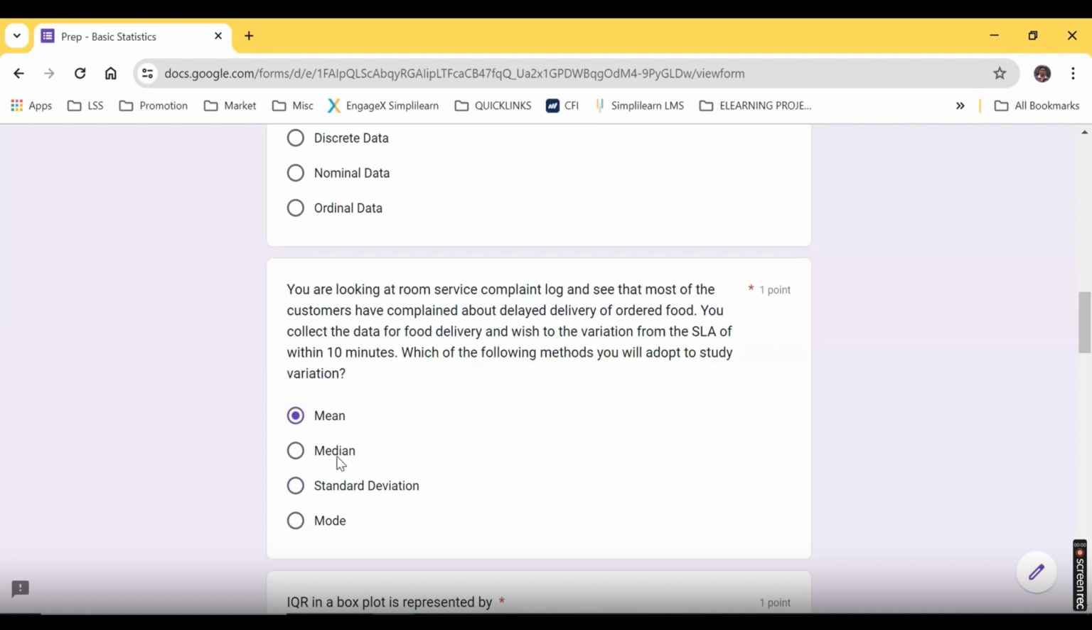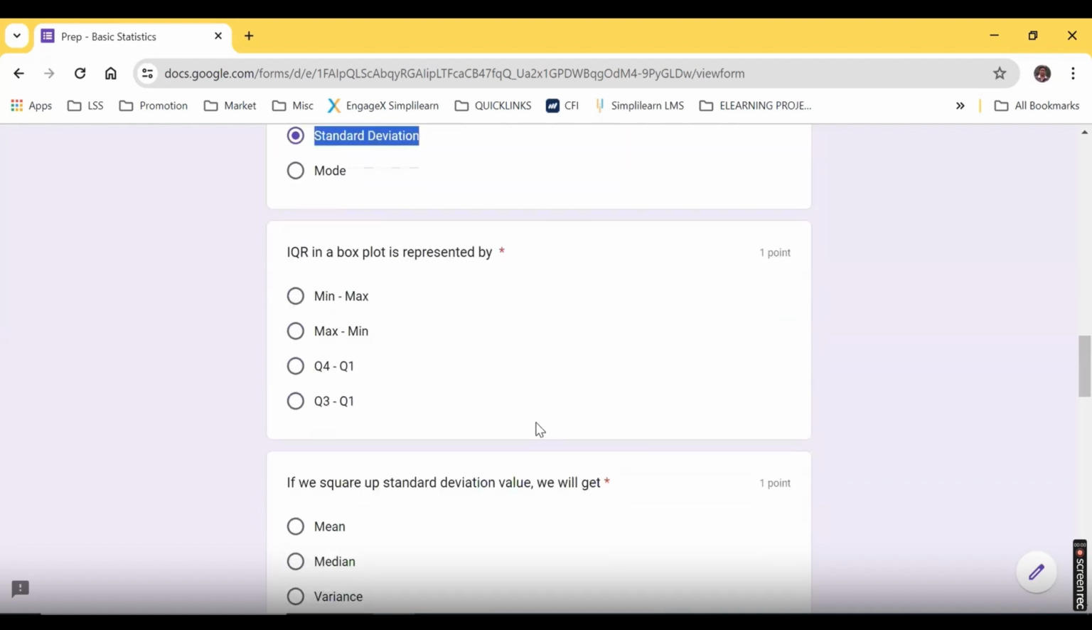Mean for central tendency, median for central tendency, mode for central. The only thing we study for variation is standard deviation. Absolutely correct. IQR in a box plot is represented by... Absolutely correct. Quartile 3 minus quartile 1, both the boxes together. So upper box, lower box, both boxes put together is called interquartile range, IQR, which represents 50% of the data